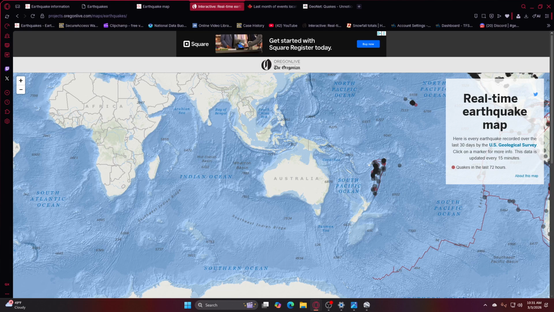In Victoria, Ararat, and Pyrenees, they had a 3.3. Shaking was primarily felt in Ararat, Landsborough, and Stawell. This follows a general trend of increased minor activity in Victoria over the last few years. While much smaller than the 2021 Woods Point event, today's tremor served as a reminder of the tectonic stresses within